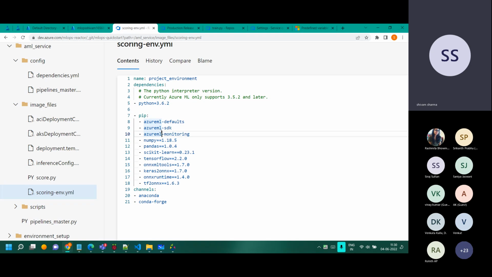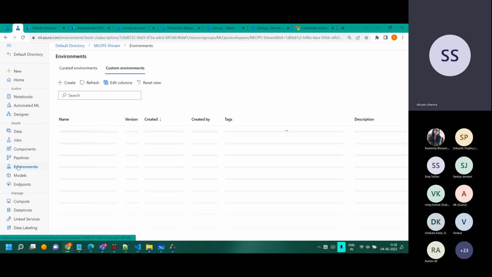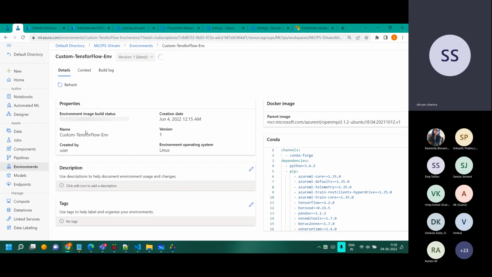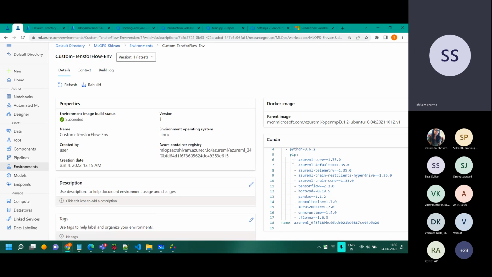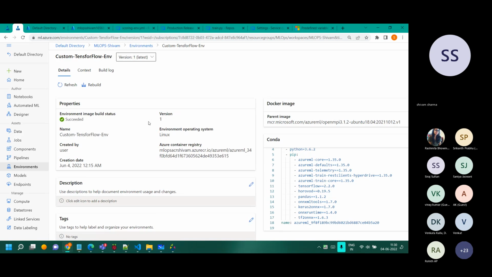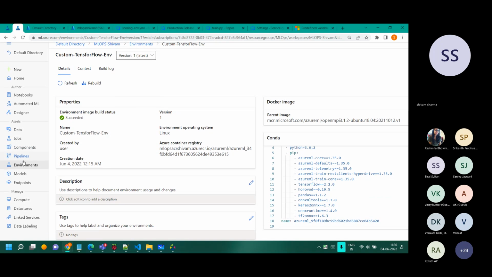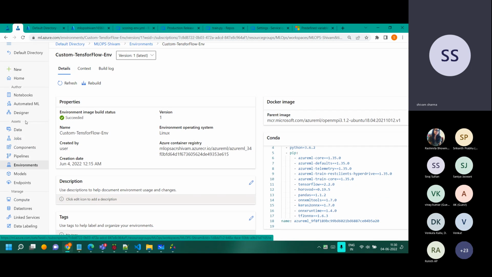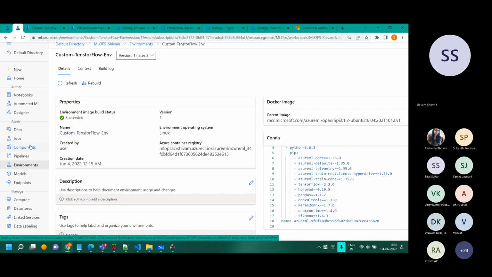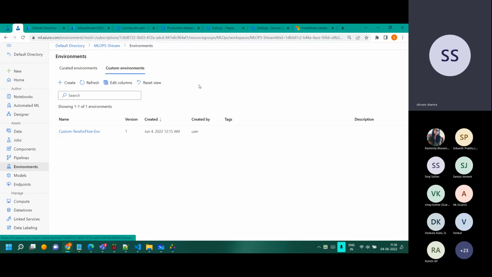Now it's very important that whatever we are doing should be version controlled. So what we also do, this environment file, we register in the environment section over here in custom environments. I think this is the one, or maybe you can basically register here, but this is not exactly that one.